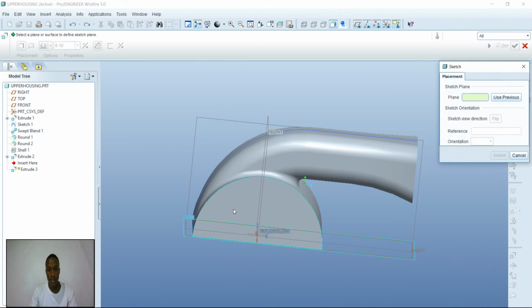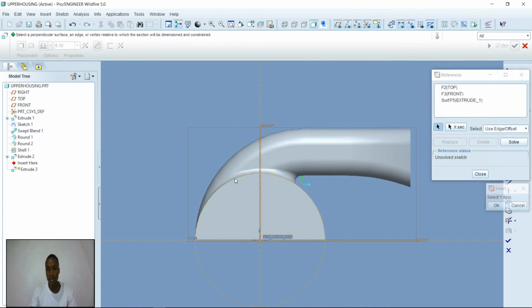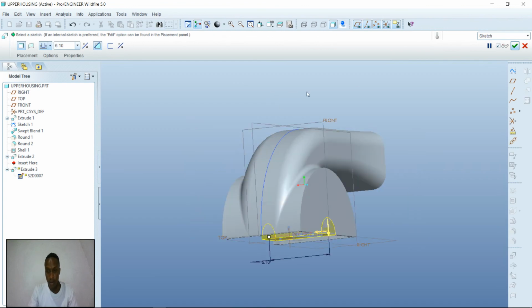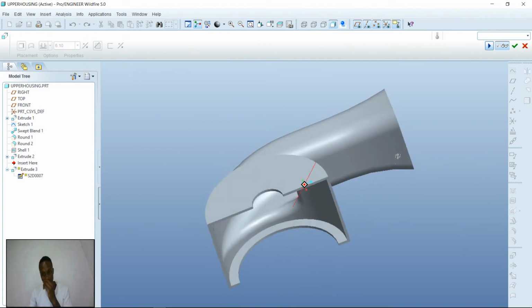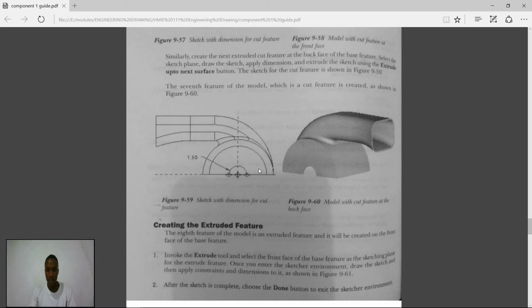I'm going to define the surface, which is this surface, and I'm going to enter the sketch mode so I can select my reference. Now I'm going to select this option, which is the center and end, and I'm also going to enter the line command, and I'm going to enter a radius of 1.5. So here I am done. So I can preview the components. I am done. Now I'm going to click done. So let me check the next